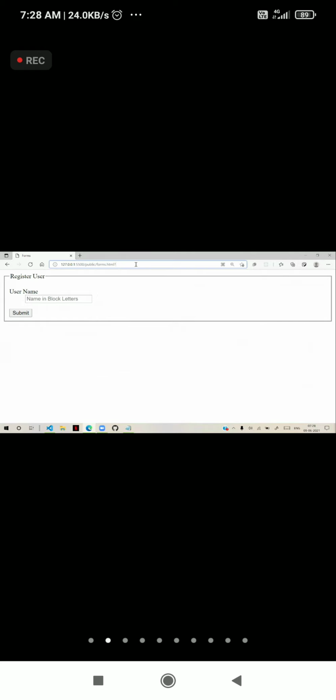Sometimes the cursor will be somewhere in the URL. Without clicking inside this text box, if you start typing, it will type in the URL.